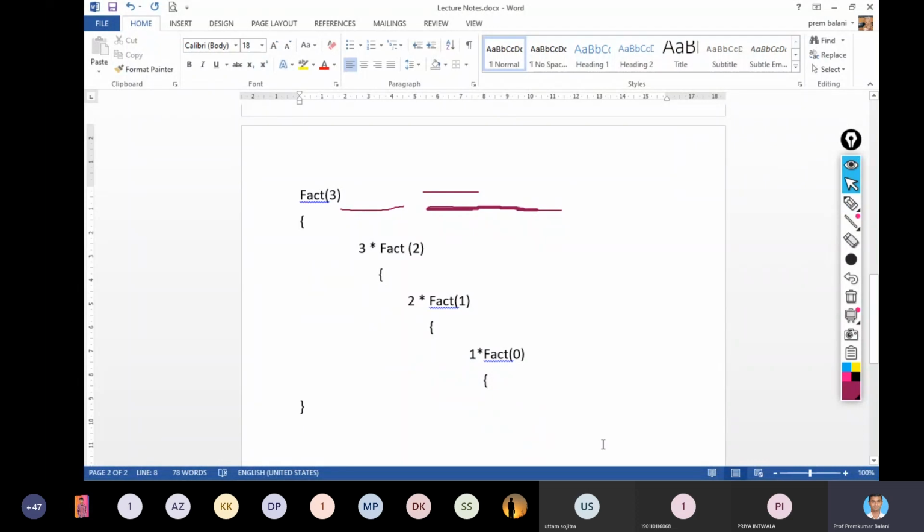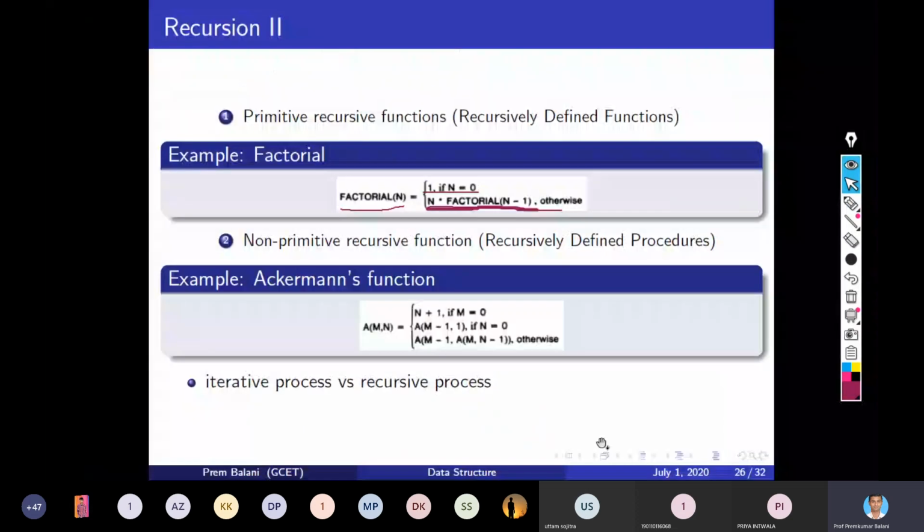Now look at this screen. If n equals 0, then return 1, otherwise return this.